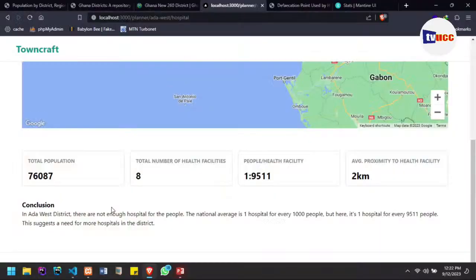The data that we have, we got it when we run